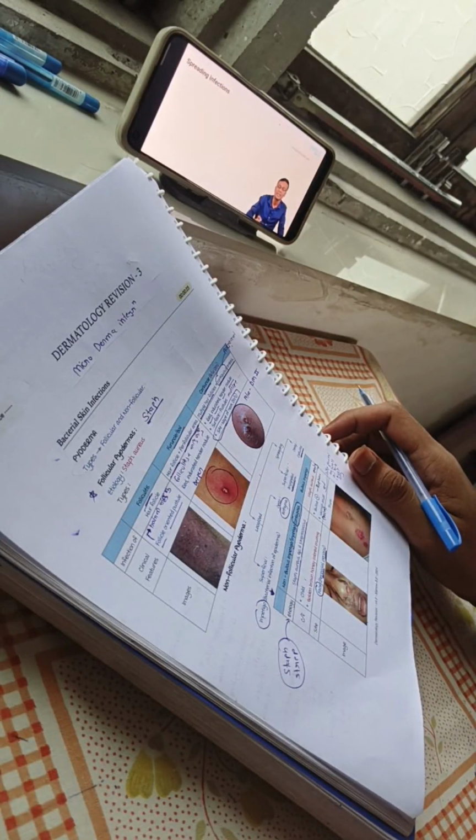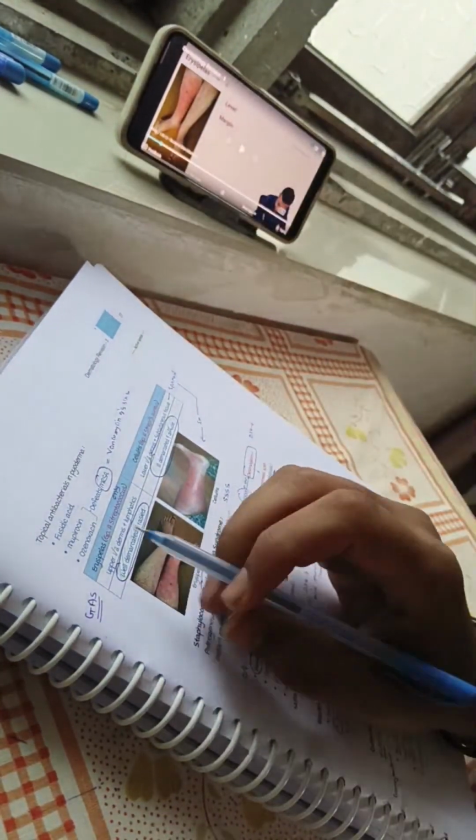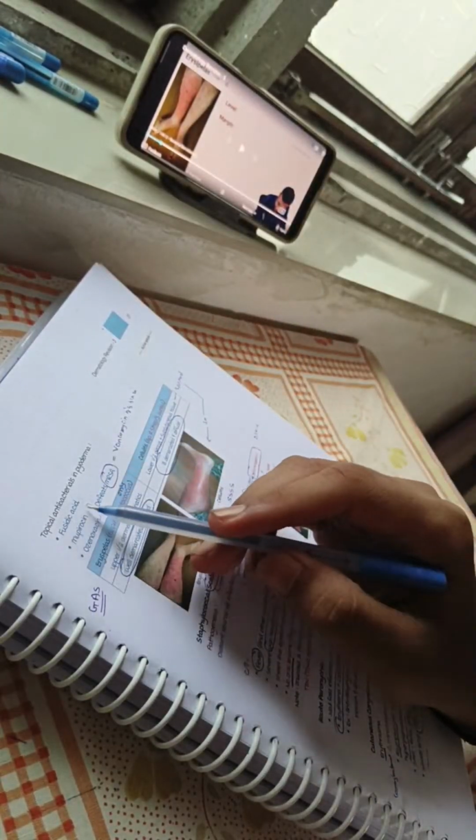We now move to the spreading infection. This is more of a surgical topic. Erysipelas and cellulitis. Now, erysipelas is exclusively produced by